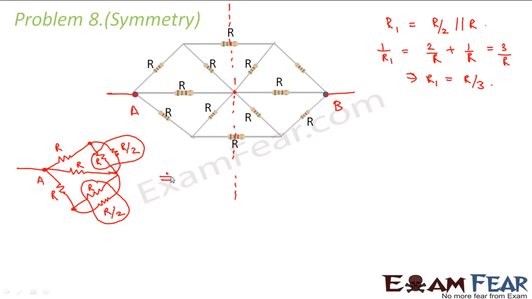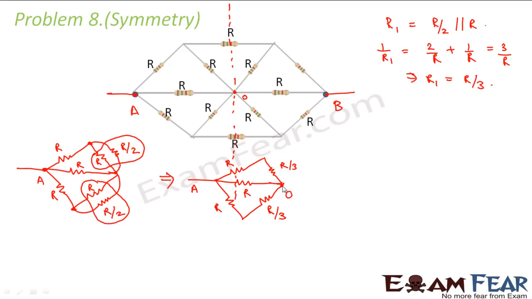So now you can draw this circuit like this. Instead of the parallel combination, you can replace with the value which you found. So now instead of those two resistors, we can just draw one resistor. So this is R by 3, this is R by 3, this is R, and this is R. So this is point A, and let us call this point as O. So this is point O. So now what you can do, does it look similar to something? Now this, if you look at this figure, it looks similar to